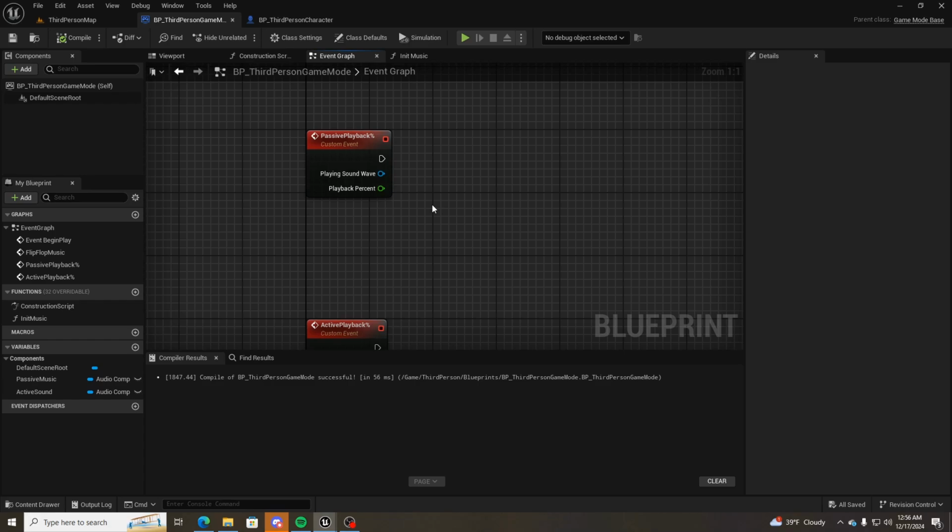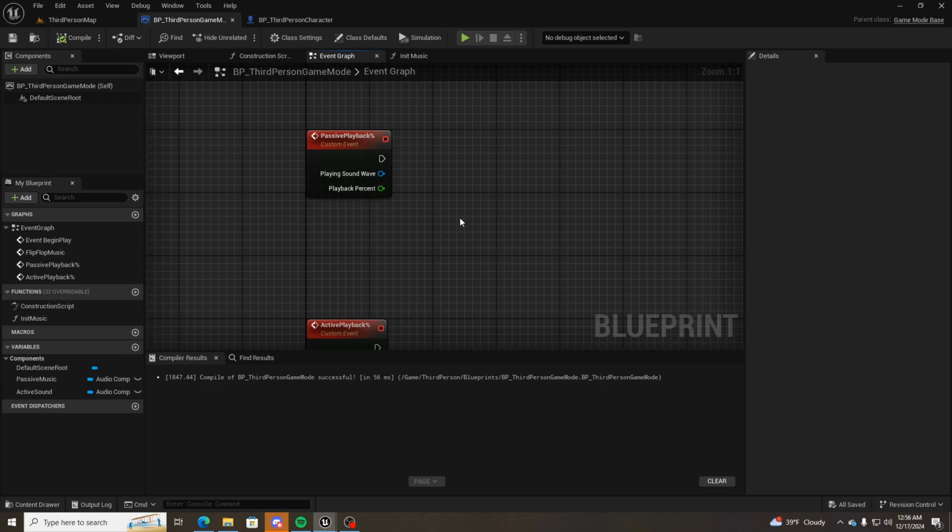So because of that, all we have to do is multiply the duration of the track by the playback percent. Now, if you just have 2 tracks, you can probably just hard code whatever that playback percent is. But because I want this to be modular, and because I think having things be modular is just a lot better in general in programming, because of that, we need to figure out a way to